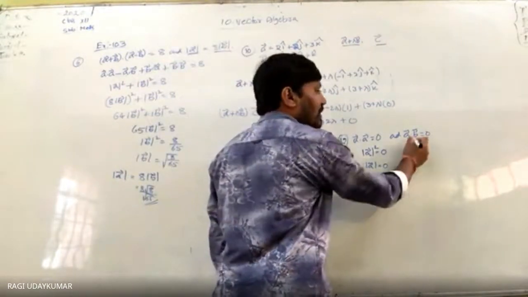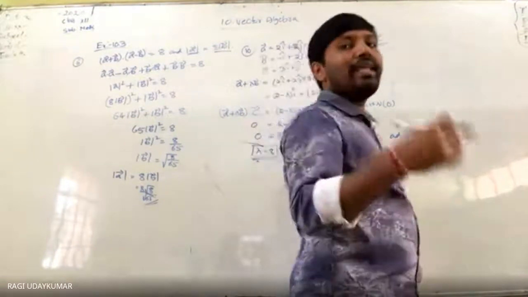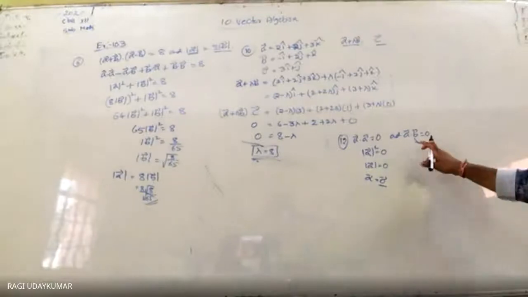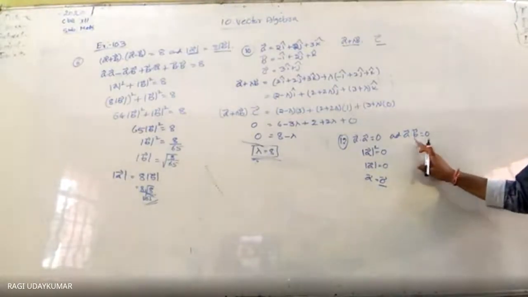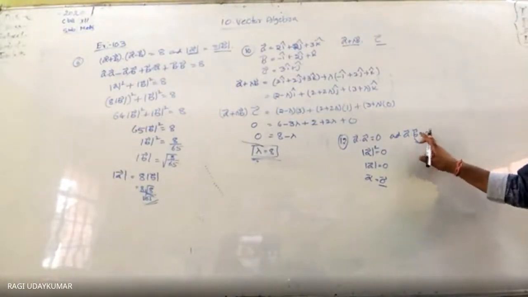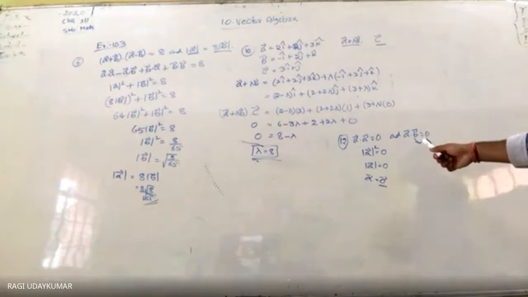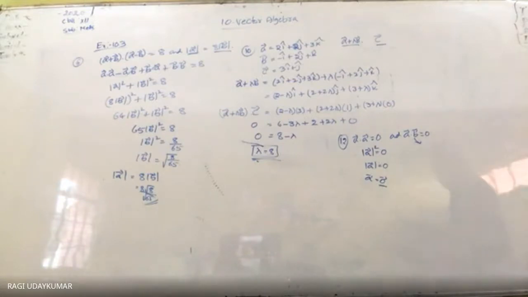So a is a zero vector, and b can be any vector, any non-zero vector also. What can you say about the b bar? Here the dot product of these two vectors is equal to 0 since a is a zero vector. Then b can be any non-zero vector. So the 13th question is given to you.